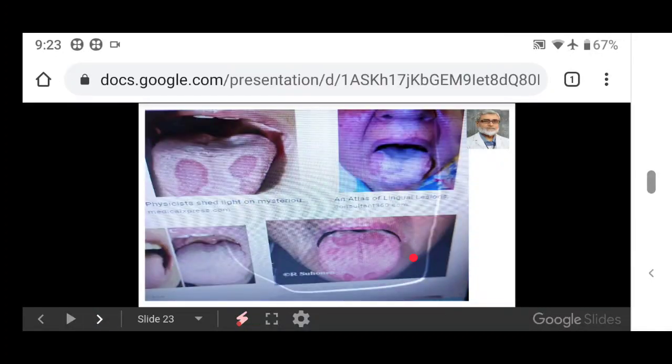You can see different conditions like aphthous ulcers, thrush, and different STD diseases, syphilitic and anemic conditions, and, due to disturbance in the flora of the gut, deficiency of some vitamins, or some patches over the tongue with ulcerative lesions. It is well visible here. You can observe the ulcerative lesions.